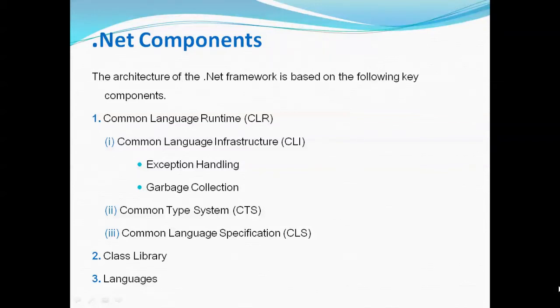The .NET Framework includes a set of standard class libraries. For example, there is a class library with methods to handle all file-level operations. So there is a method which can be used to read text from a file. Similarly, there is a method to write text to a file. Language. The types of applications that can be built in the .NET Framework are classified broadly into the following categories.